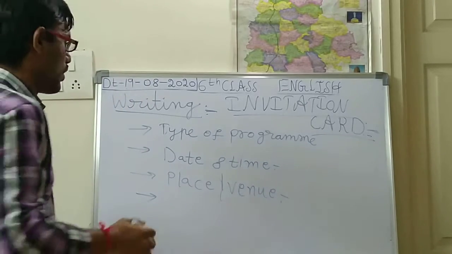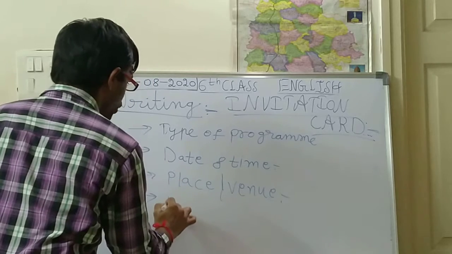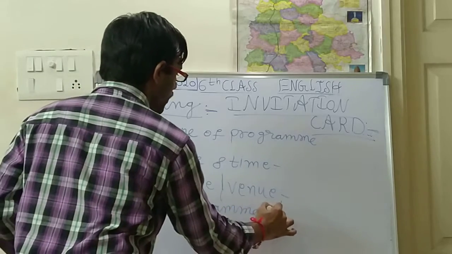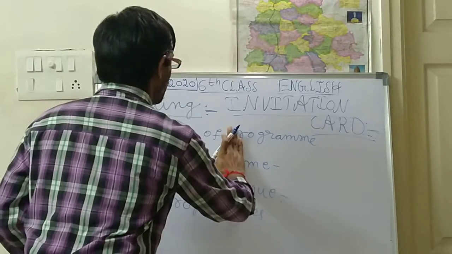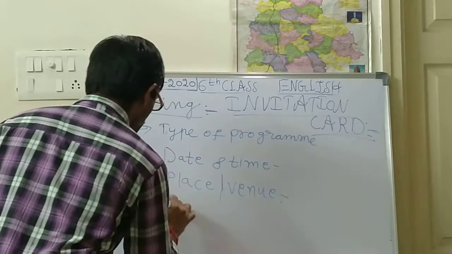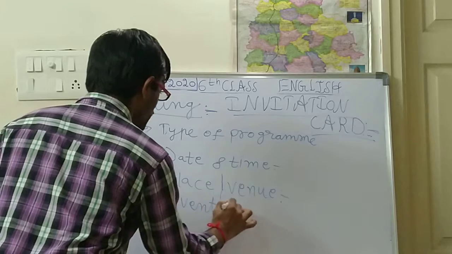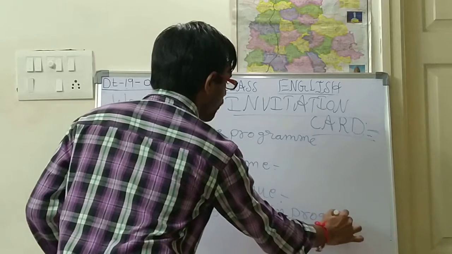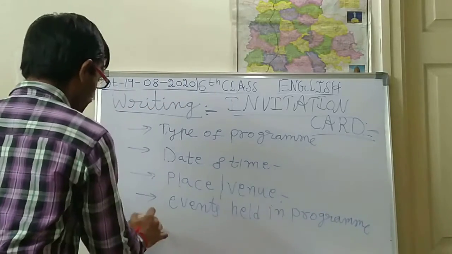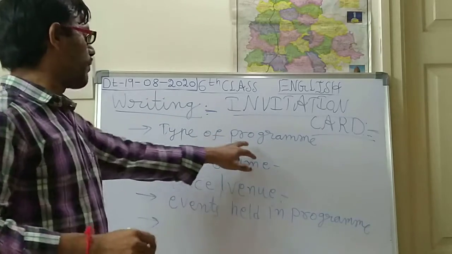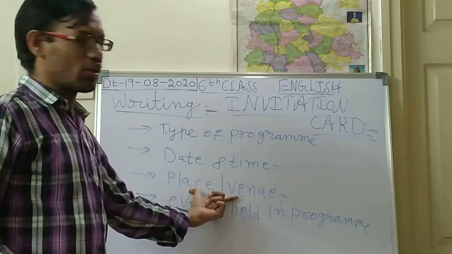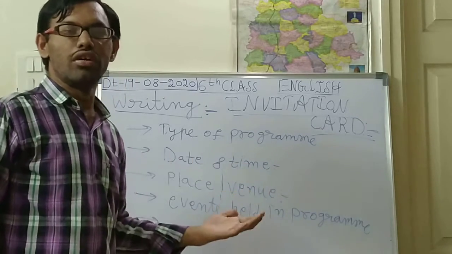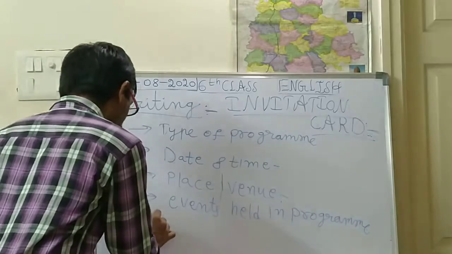Next, what are the programs being conducted in that? The events held in the program. These are the most important things. So: type of program, date and time, place and venue, and next, the events held in the program. In the program, what types of events are going to happen? This one. Next, at last, finally,